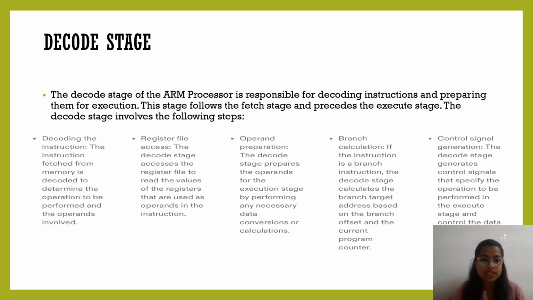Next one, decode stage. The decode stage of the ARM processor is responsible for decoding instructions and preparing them for execution. This stage follows the fetch stage and precedes the execute stage. The decode stage involves the following steps. Decoding the instruction: the instruction fetched from the memory is decoded to determine the operation to be performed and the operands involved. Register file access: the decode stage accesses the register file to read the values of the registers that are used as operands